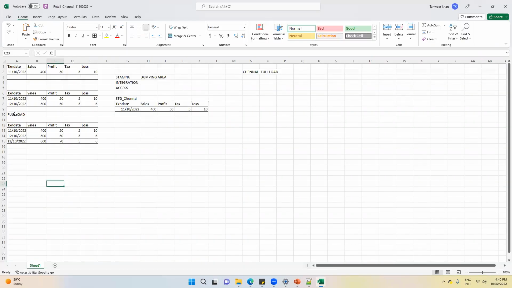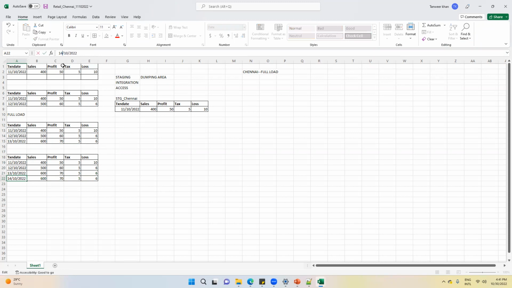Is this clear? On 14th, what will happen? Again duplicates. We'll again receive the total data: 11th, 12th, 13th they will send, and at the same time they will send you the data of 14th as well. Okay, got it? Good.